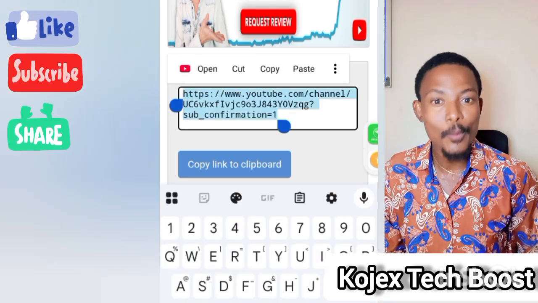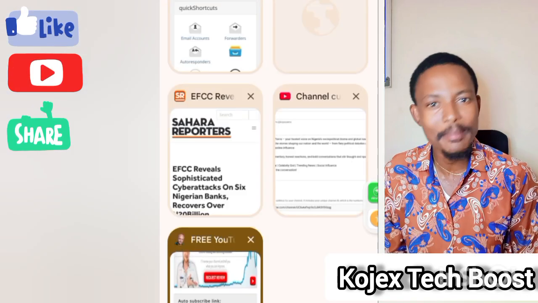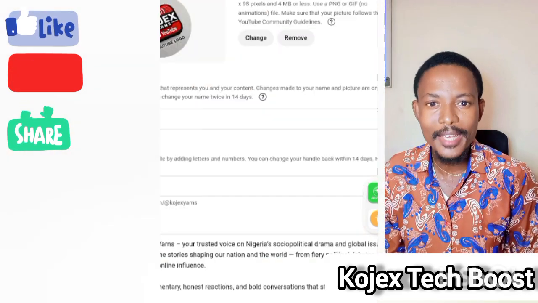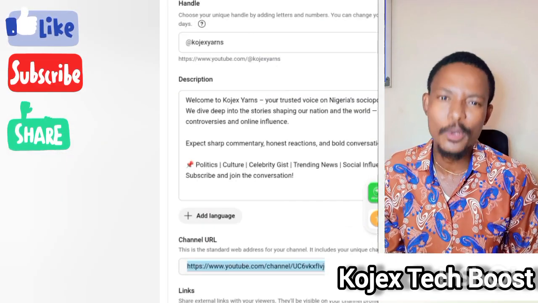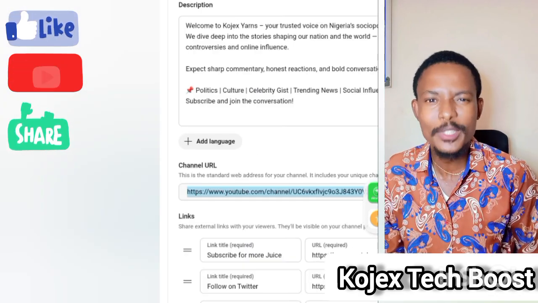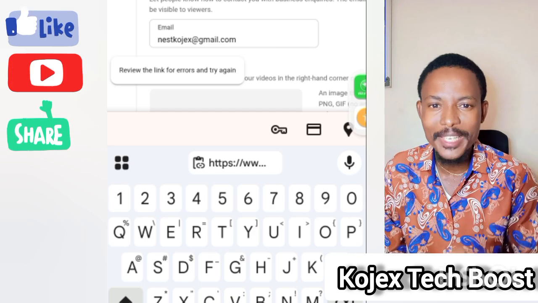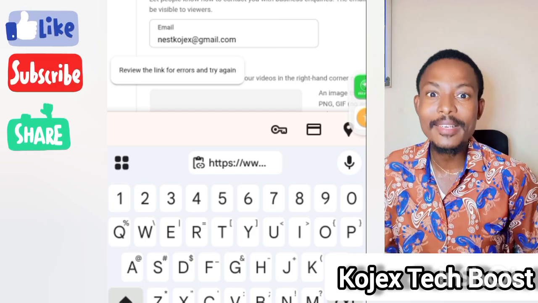So this code is what I will now copy. When I finish copying it, I'll come here. For those of you who have not done it before, under your stuff, you come here and paste it here. Let's create another one. When you click on create link, because the link is already in your hand, you can say